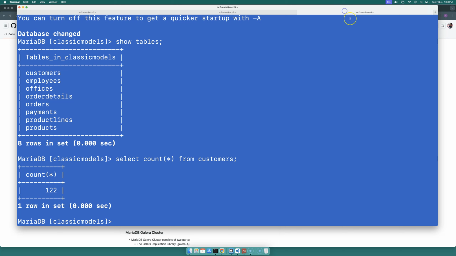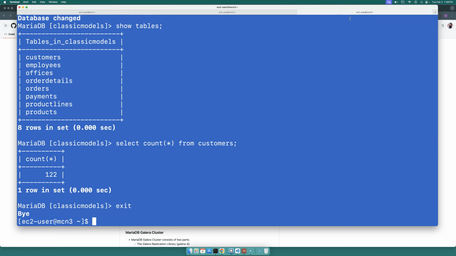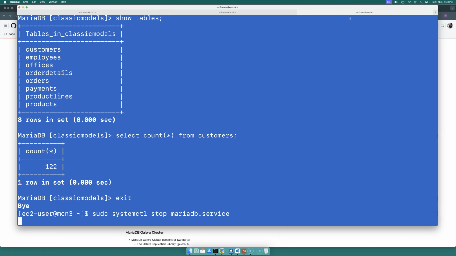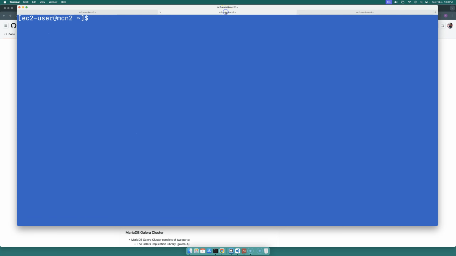For example, this is node 3. I want to remove this from the cluster. So let me go ahead and stop the MySQL on it. sudo systemctl stop MariaDB.service. That is it. Now go ahead and on the other nodes, do vi /etc